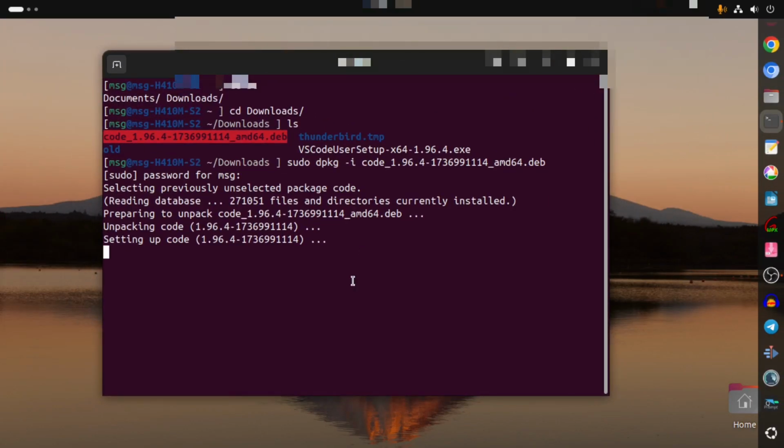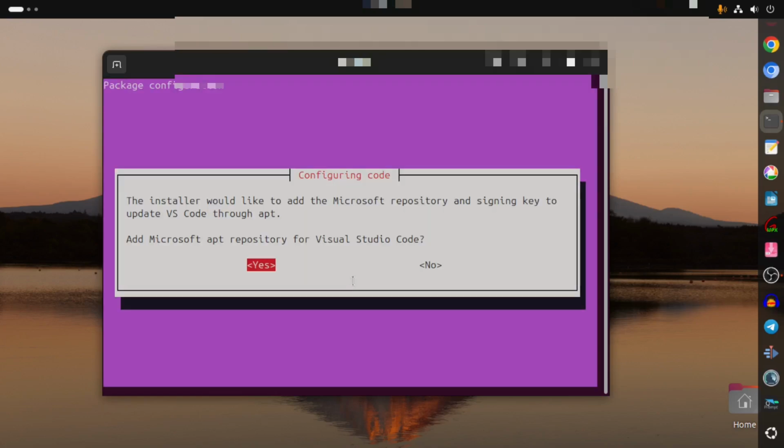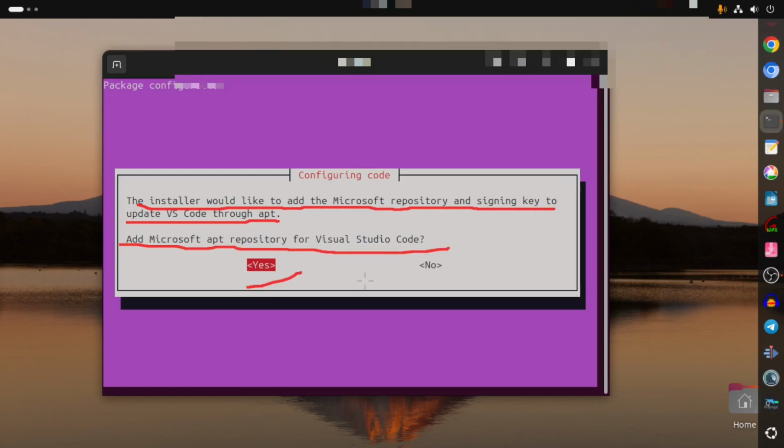So here you can see it has started installing. The installation process is ongoing. So here you can see a window has come. It is saying the installer would like to add the Microsoft repository and signing keys to update VS Code through apt. So it is asking whether you want to install the apt base, that means the repository, yes or no. That means whenever the update comes, the updates will come through the system update. And for that, if you add this repository inside the Linux installation, you will get the version automatically updated